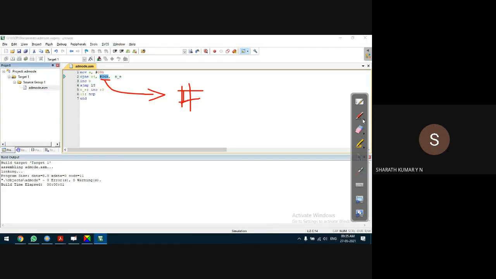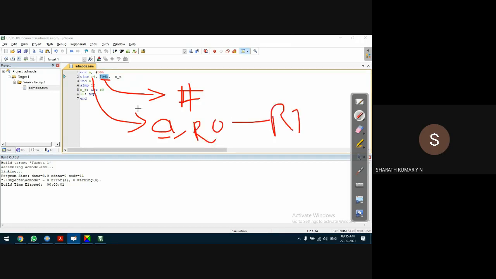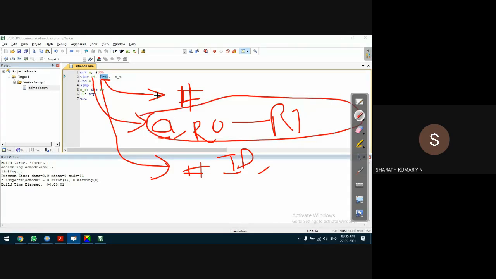What we have to understand here is that the destination can be the accumulator or register R0 to R7, and the source has to be immediate data. It cannot be the accumulator or any of the registers.